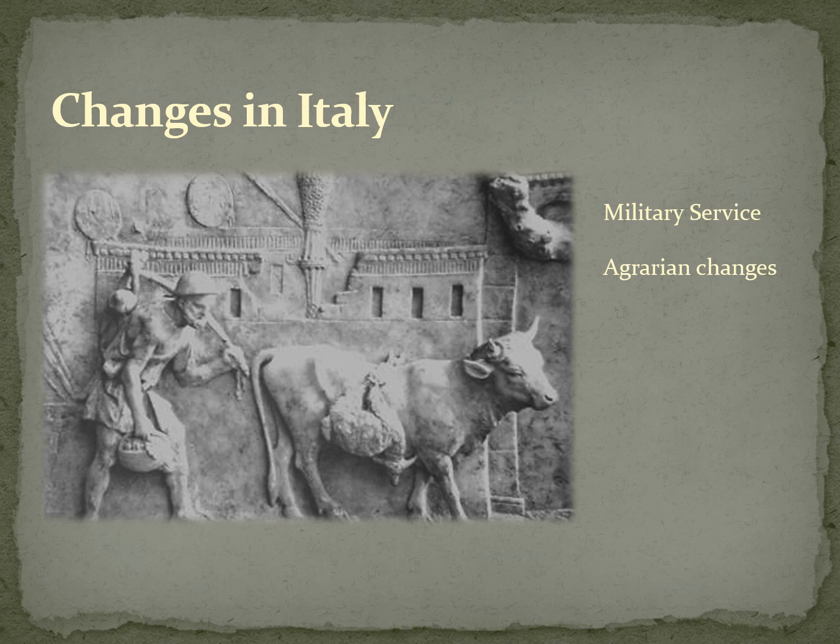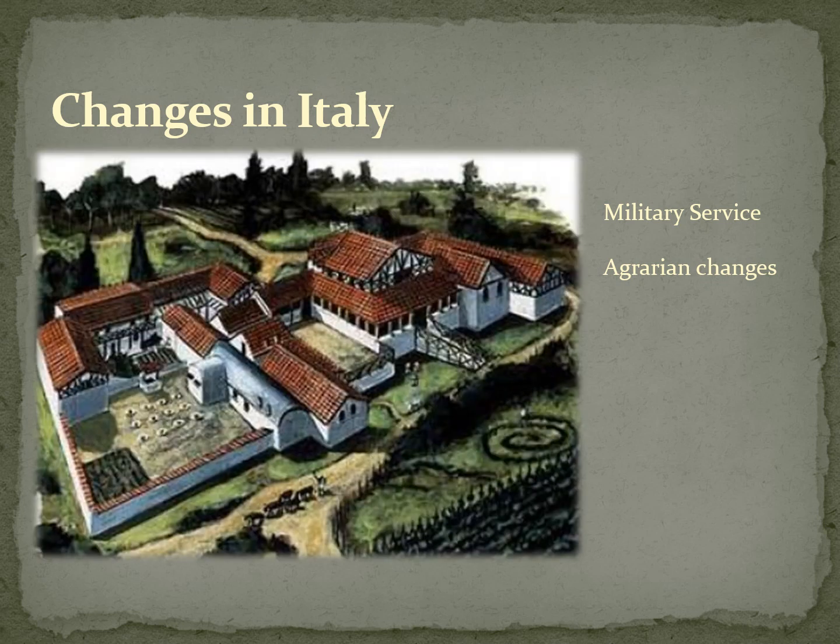Also, since most Roman soldiers were farmers, now that they were spending many years of their adult life away, many of them started to lose their farms. And so the small farmer, which was the backbone of the Roman army, began to lose his land. And as they lost their land and were forced to sell, what ended up replacing them were what the Romans called latifundia. And I think I should write that word down.